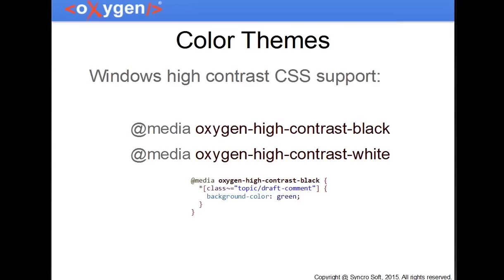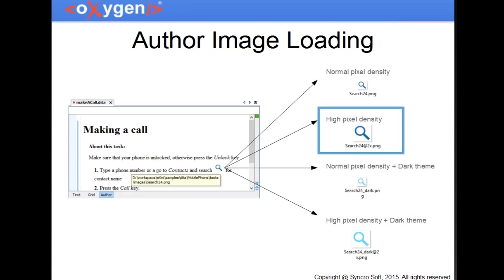Yes. But I think that for a framework, we need to do this work in the CSS if you want to respond to the user using a high contrast or a dark theme. And also, if you want to provide an interface that fits with that theme, you can put rules and change files. And also, if you want to be more friendly with the high DPI screens, in the author mode